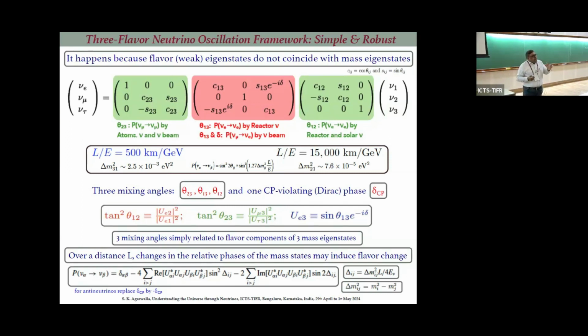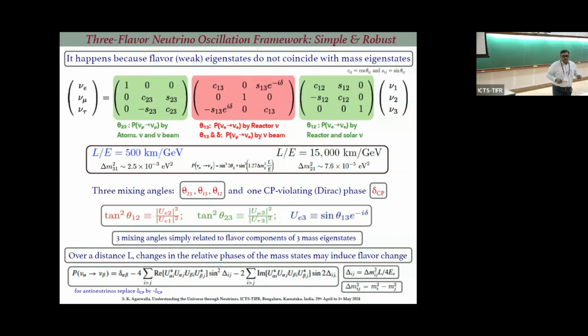I would ask all of you, if you have time, just think: theta 1,3 is non-zero, so what? Ask this question, write it down. And just think about it, write down the points: what would happen if you assume that this theta 1,3 is 0, what would happen to your three-flavor paradigm? What are the problems you will face? Are there any alternatives to fix those problems, if theta 1,3 would have been 0? We are phenomenologists, so your imagination can go anywhere.